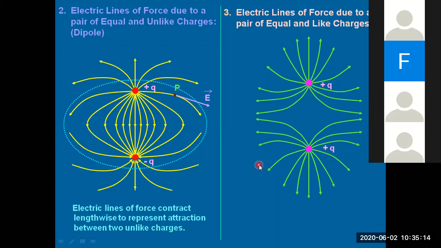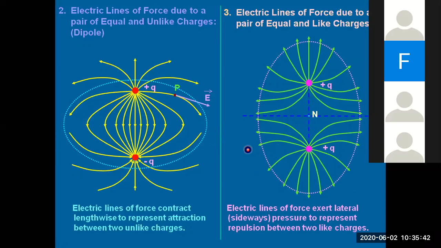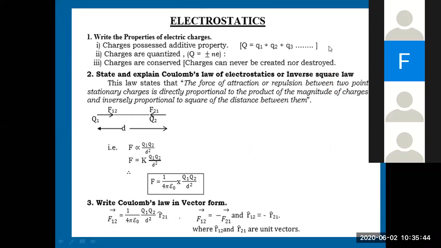This diagram of electric field lines is a 2-mark question. If they tell you equal and unlike charges, this is the way you should draw it. If it is equal and like charges, they have to repel each other. And you can draw your X and Y axis to represent that they are moving away. And you can draw a spherical line. The sphere in both the lines indicates the electric field. So till where the electric field will act is denoted by that symbol. Today's class, we will see about